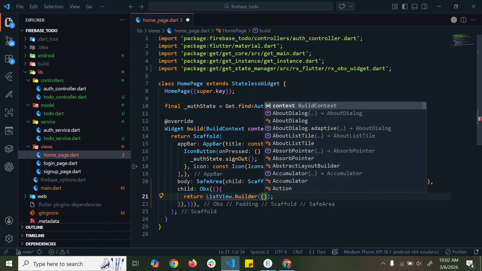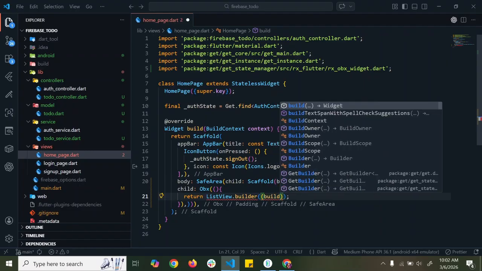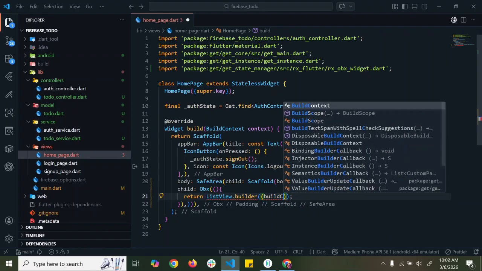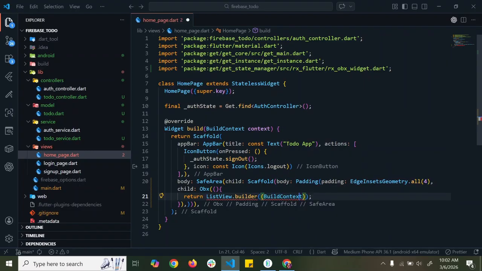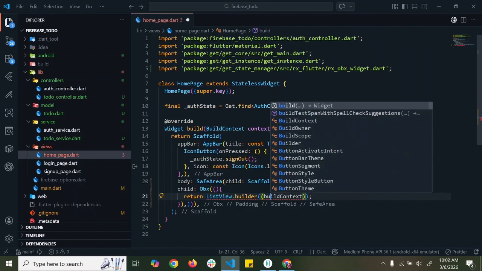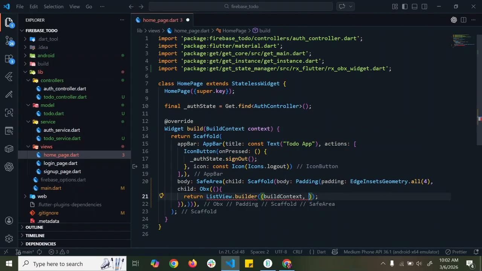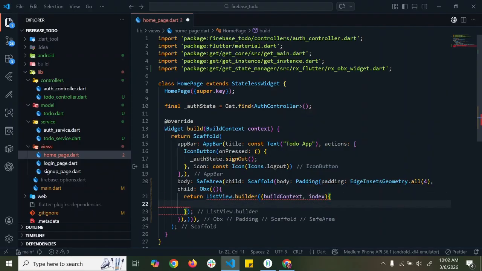In here we will be just doing a build context, build context and the index, and downstairs in here we just say